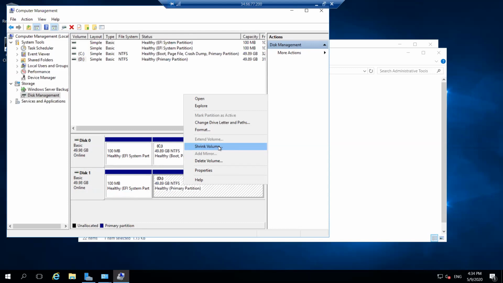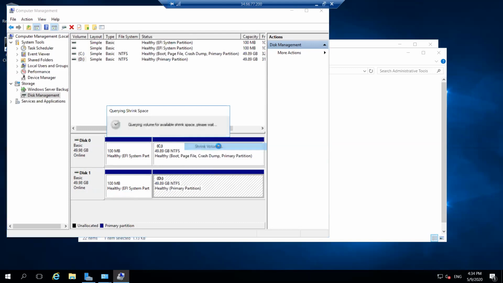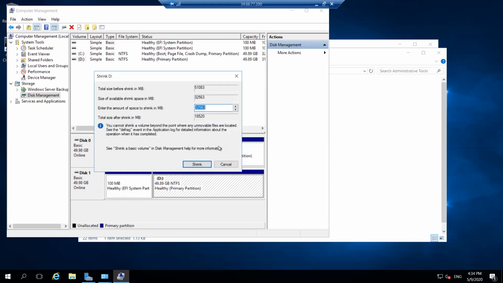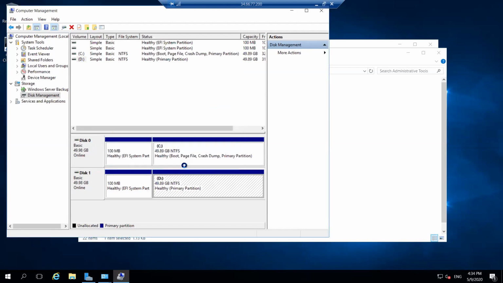Then we have to go for the shrink volume option, because if we do not go for the shrink volume option, the task will not take part in the partitioning. This is the same condition where MB, GB, KB are exchangeable. So click on the shrink option.